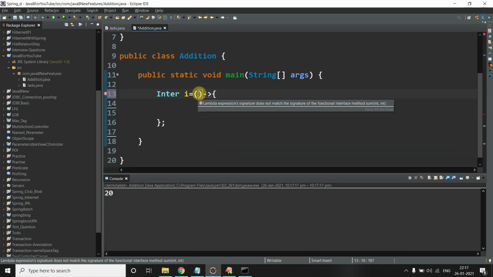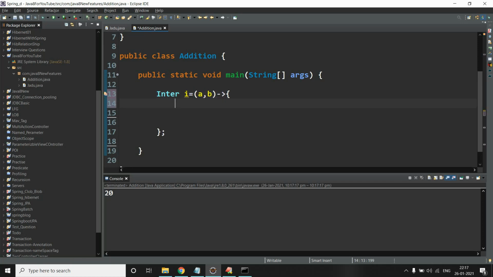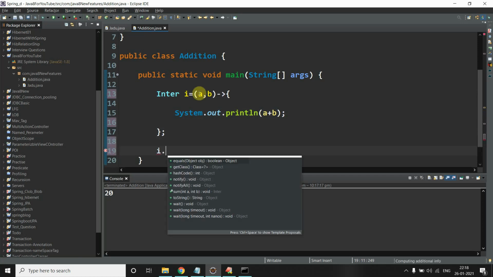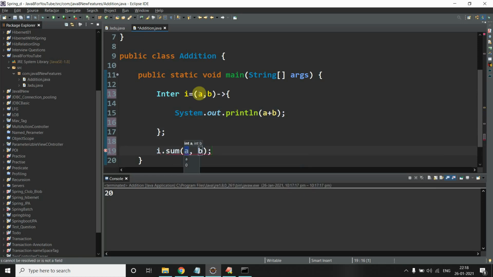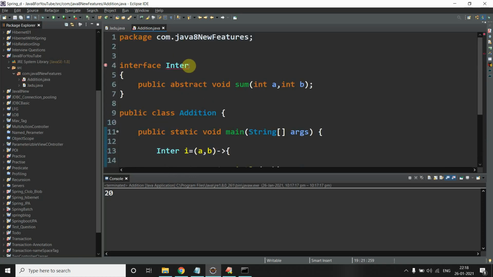Let me pass here a comma b, and I will use here a plus b, and outside it we can say i dot sum 10 comma 10. Okay, why is it showing an error?